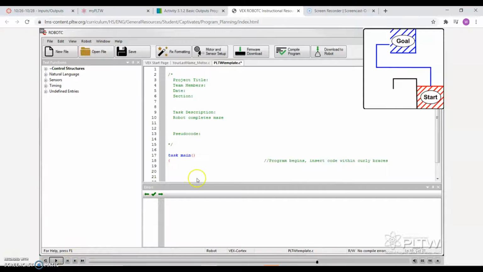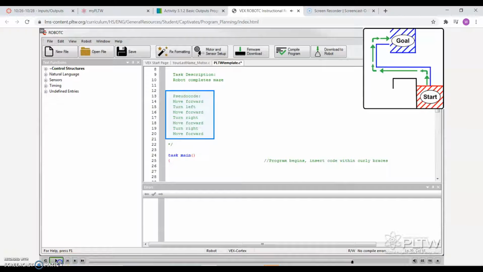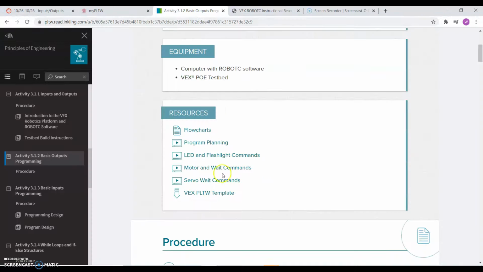So if it gets to a point where the video is not working for you for some reason, you have these buttons down here, and you can just advance through to the next section. Okay, and there will be certain ones where I know you'll have to do this. For example, if you go to LED and flashlight commands,